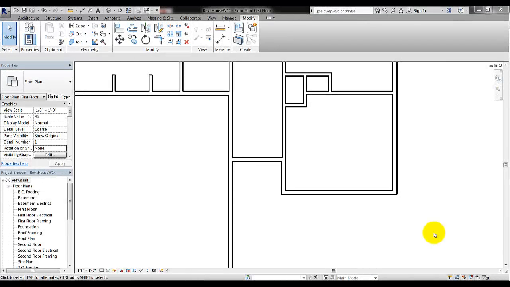Now that you have most of your walls in place, we need to take a look at how to add doors and windows. I want to begin with doors, and specifically we're going to start with the front door. It's probably one of the easier doors to place, and so to start to place that door, I'm going to go to the Architecture tab,